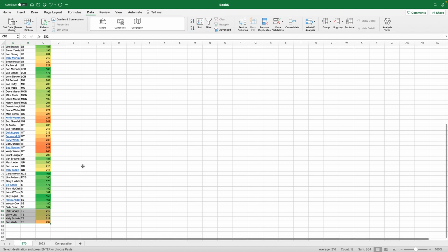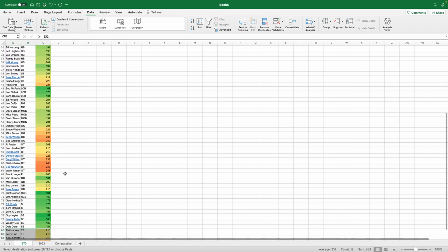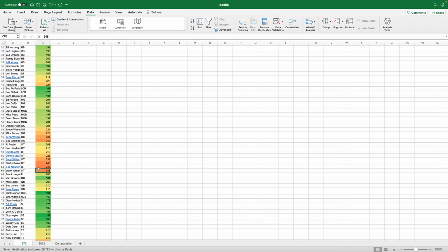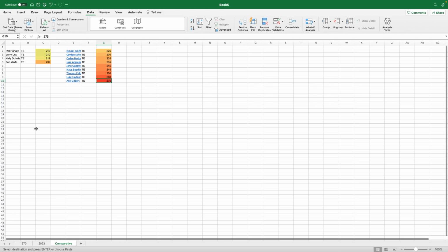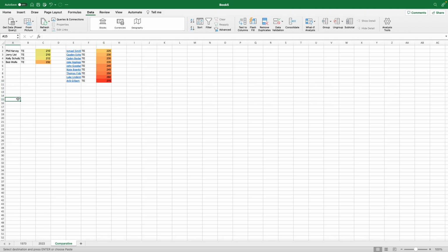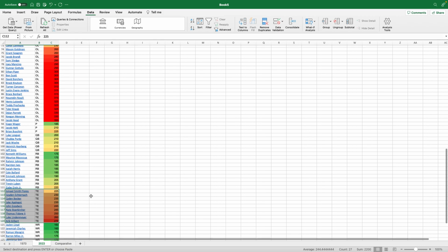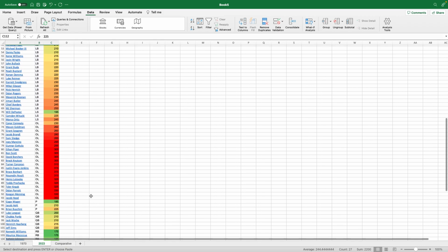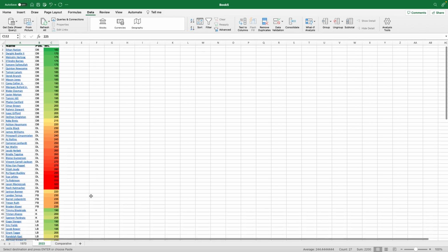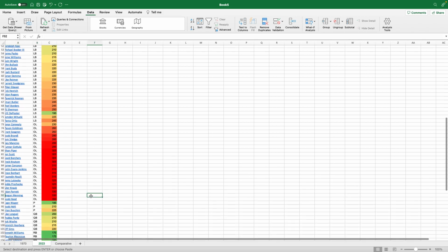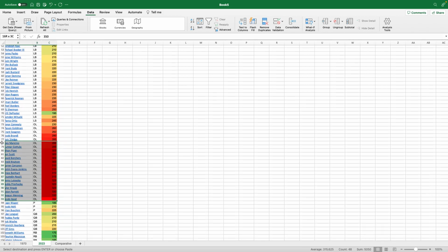I'm going to find 2 more that I can compare. I think it'd be interesting to compare linemen. So here I have some offensive tackles. OT, I'm going to hit Command C, go to comparative, Command V to paste, and see if we have offensive tackles. I should have checked that first. We have OL for offensive linemen. Doesn't look like we specify anymore which position, so we'll just grab all the OLs, all the offensive linemen, and